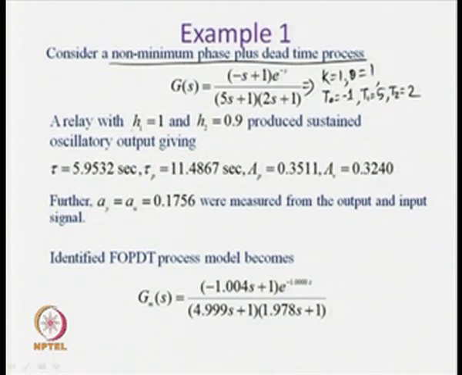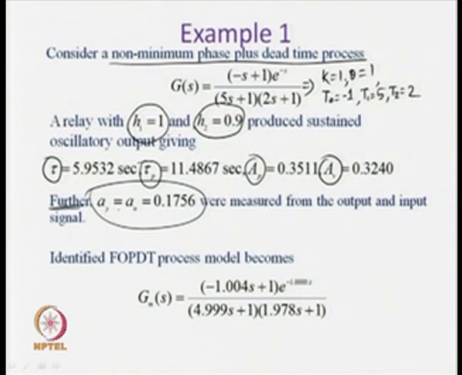Now, a relay with H 1 equal to 1 and H 2 equal to 0.5 is employed to induce limit cycle output, and from the limit cycle output, measurements such as tau, tau p, AP and AV are made. Those values are shown here. Tau equal to 5.9532 seconds, tau p equal to 11.4867 seconds, AP equal to 0.3511, AV equal to 0.3240. Further, the areas of the output signal and input signal are found to be AY equal to